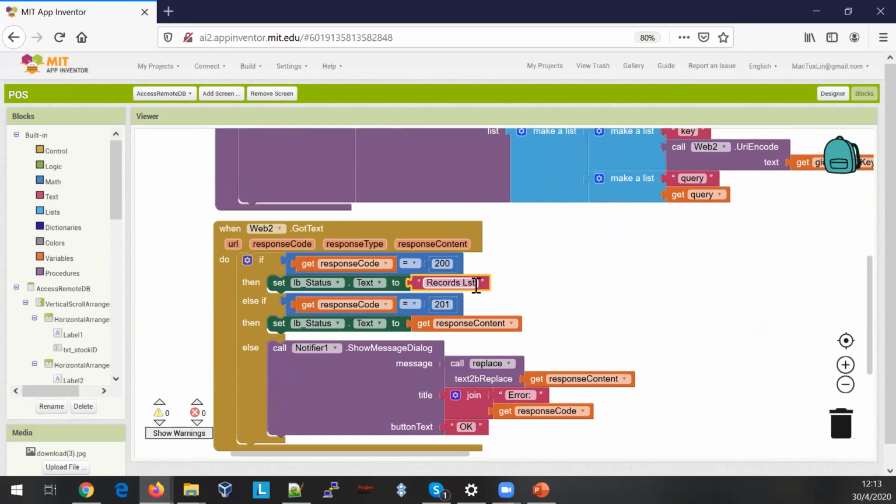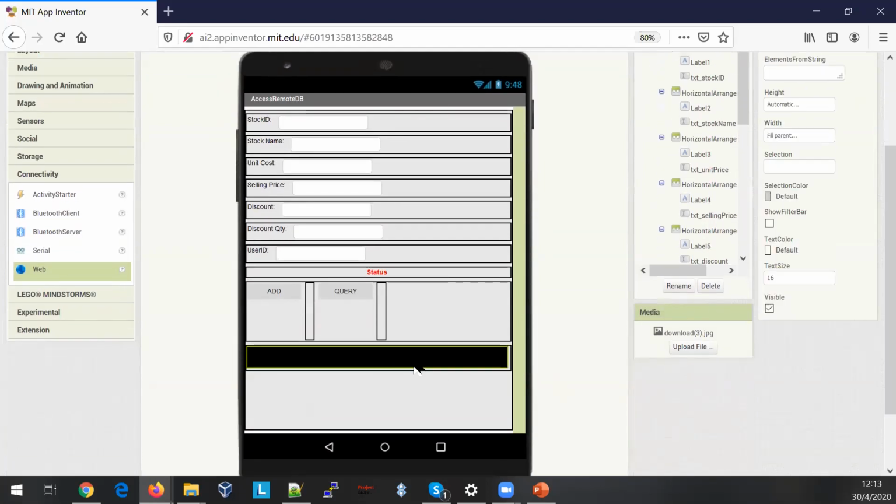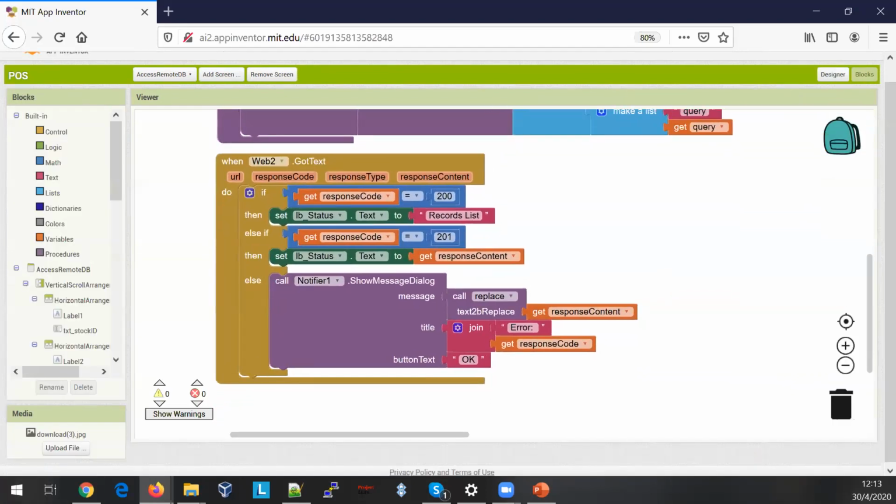So what we want to do is, the moment the response is correct, we want to populate. Let me go back here. We want to populate this list with the content from the web server, right? So go back to the blocks. See where we want to show that. So we need to just simply do the